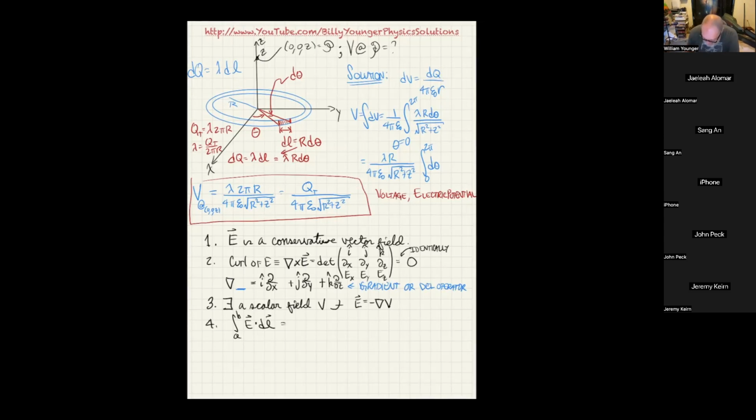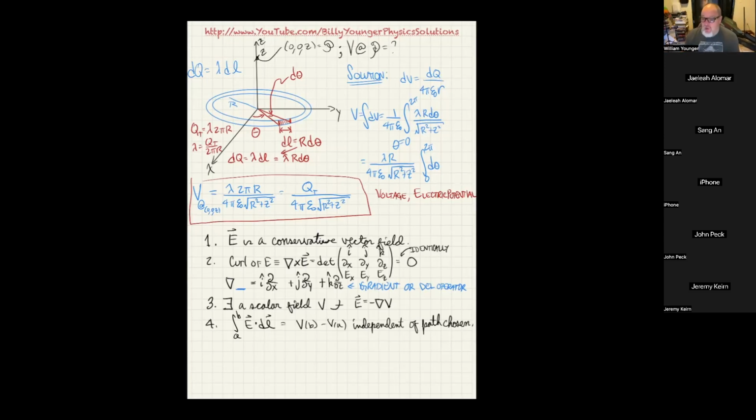That's just going to equal V of B minus V of A. And it's going to be independent of path chosen. I don't have to put the word chosen there, but I wanted you to understand that